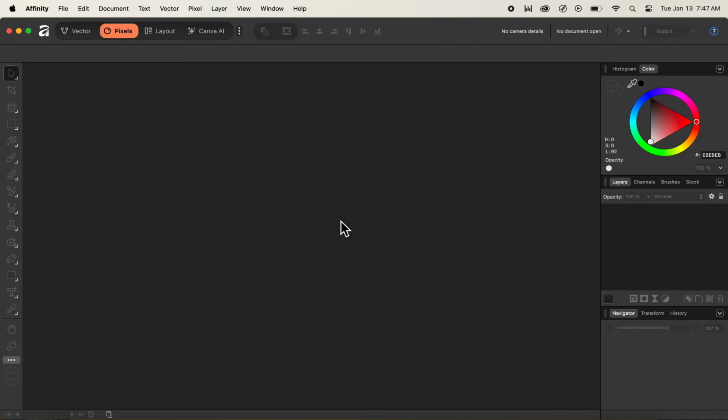In today's video, we'll be looking at how to easily create or stitch different images to make an overall panorama